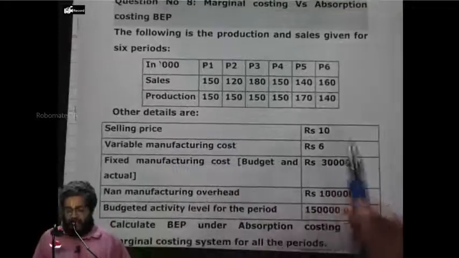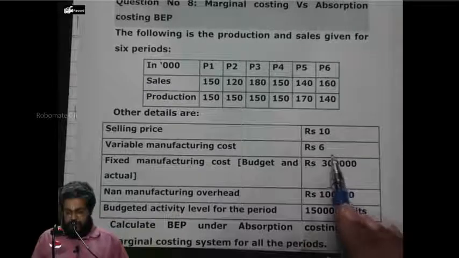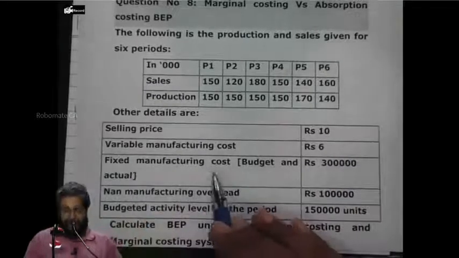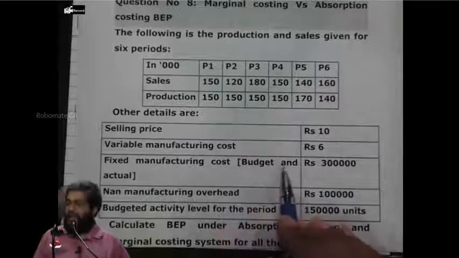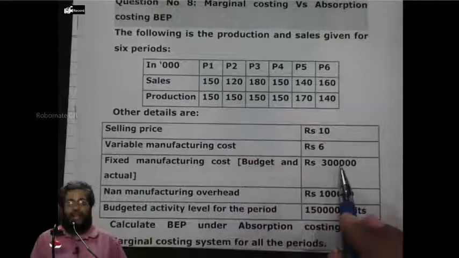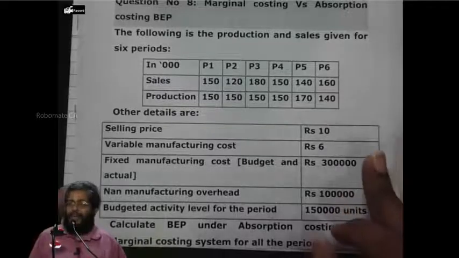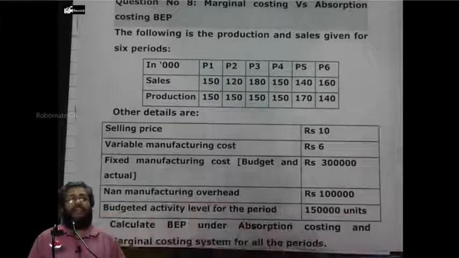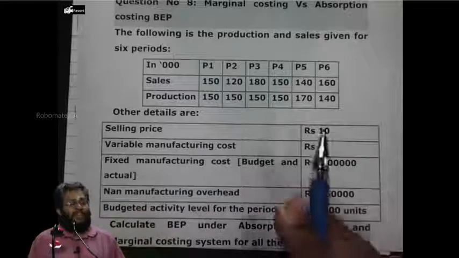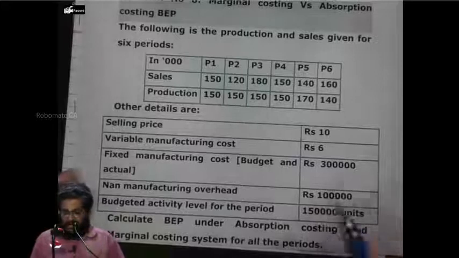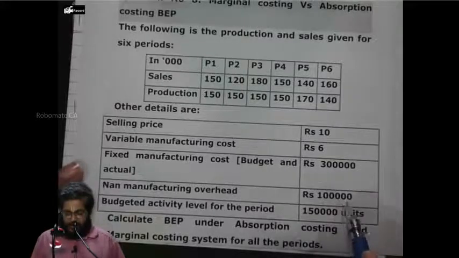Other details: selling price 10, variable manufacturing cost 6 rupees, fixed manufacturing cost, budgeted and actual, is 3 lakhs. If they don't give it, we can understand that budgeted fixed cost is the same as actual fixed cost. In standard costing terms, we don't have a fixed overhead expenditure variance. Non-manufacturing overheads is 1 lakh. Fixed non-manufacturing